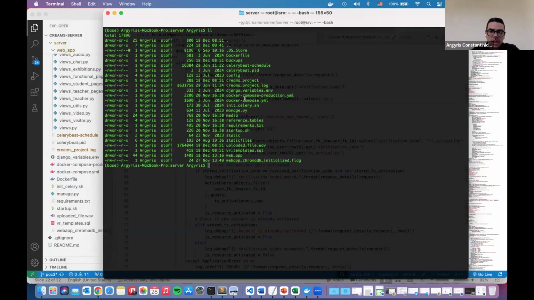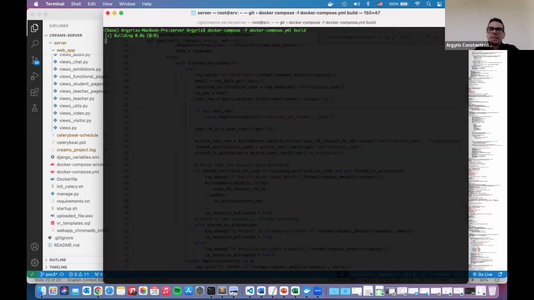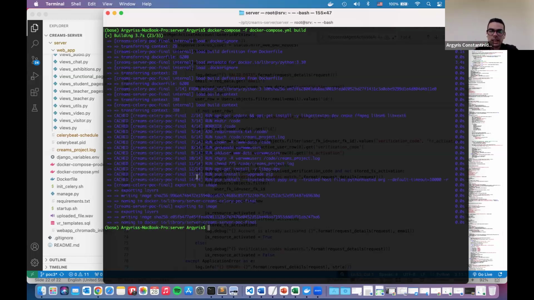And since we are in a local environment, I will use a Docker Compose YAML that doesn't contain the Nginx. So what someone has to do first is they need to run a command using the default development file and build it. As I pre-built everything yesterday, this build will be fairly quick because it will use the cached layers that I have locally.